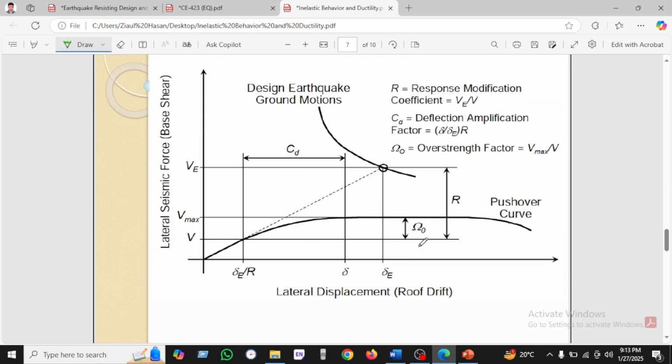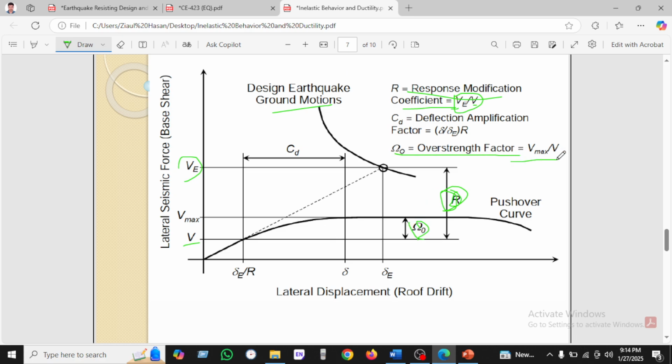So here we have the parameter mu, the ratio of Be divided by B elastic, which is called R, the reduction or response modification coefficient. These are given in the graph, and this graph also shows the design earthquake ground motion, and these are the pushover curves we have seen here, and mu naught is the overstrength factor,